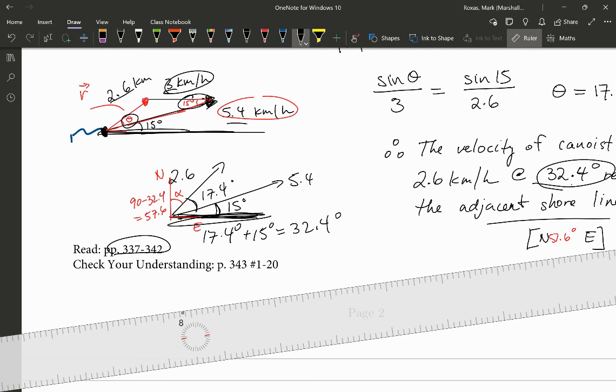Really try to understand how to add two vectors given the situation, given words. And then try the practice problems, as many as you can. The more practice you get at this, the better you get at it. And I'll take up some problems in class if we need to. All right, and that ends this